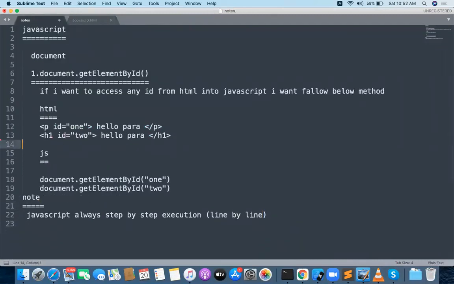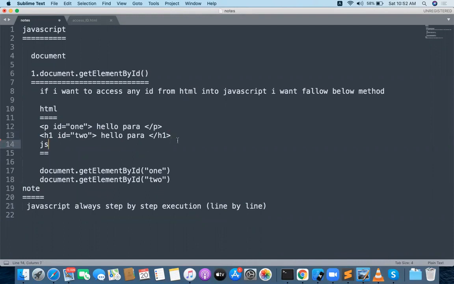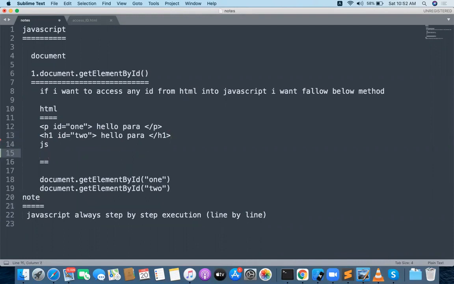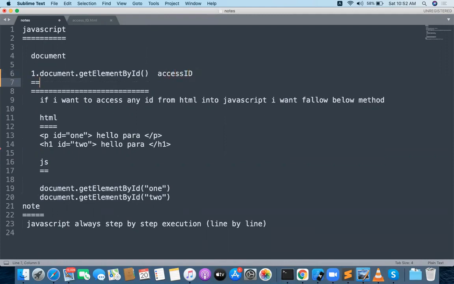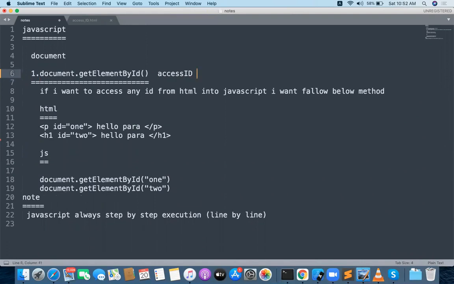Okay, the next concept is very simple: how to access tags. So we just want to understand how to access tags. This is document.getElementById, for accessing an ID. Now I want to follow the next concept, how to access elements.